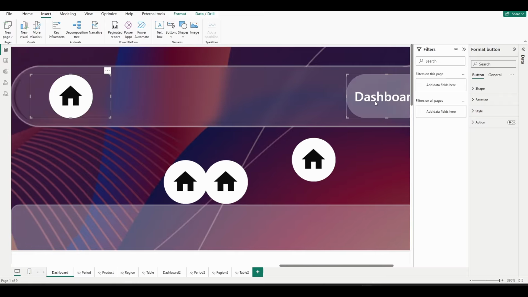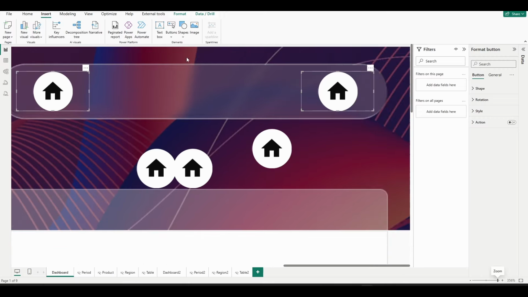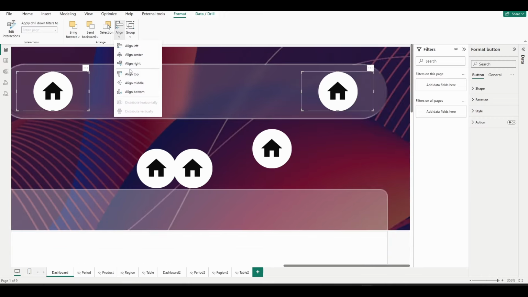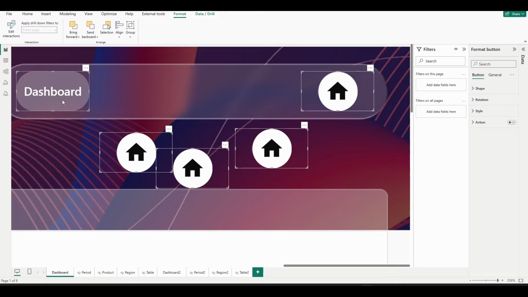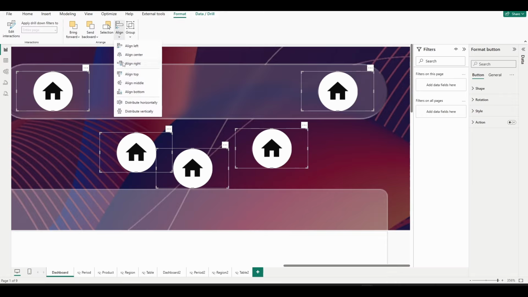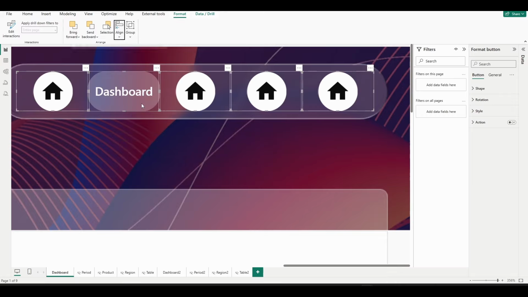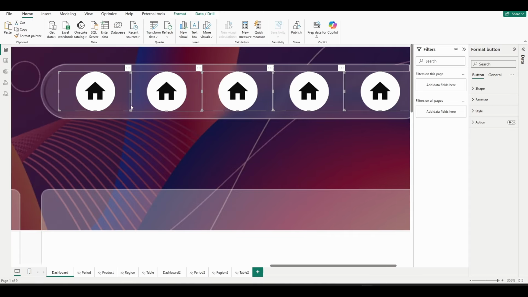We're going to select both of these buttons by holding Control. Zoom out a little bit. Format, align top. Now we'll select all of the buttons by holding Control and left-clicking them all. Align top, distribute horizontally. And now if you have this slight little overlap, what you're going to want to do